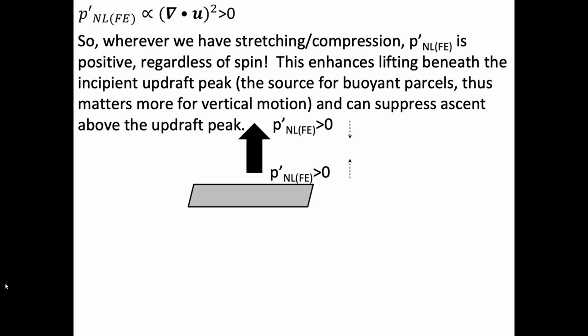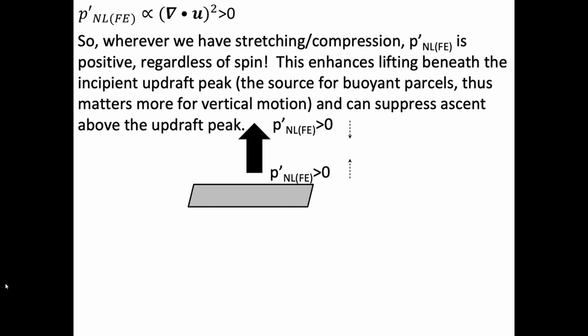So what this is going to do is that beneath the level of maximum updraft, where we have stretching occurring in the atmosphere, it's going to generate a positive perturbation pressure nonlinear fluid extension component in the lowest part of the atmosphere, which is going to enhance lifting beneath the incipient updraft peak, or any updraft peak, and this is going to be the source for buoyant parcels, thus mattering more so for vertical motion,